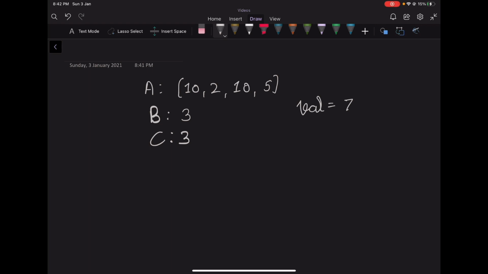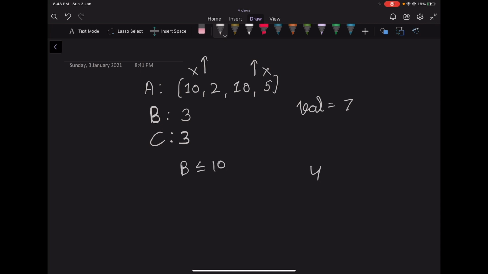So again, this actually can be done using backtracking. So how many operations can we do? So for the first operation, we have 4 choices. Either to delete the first element, to delete the last element, to increment the first element, to increment the last element. And now B will be less than equal to 10.